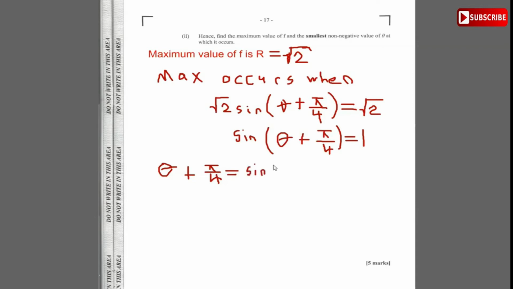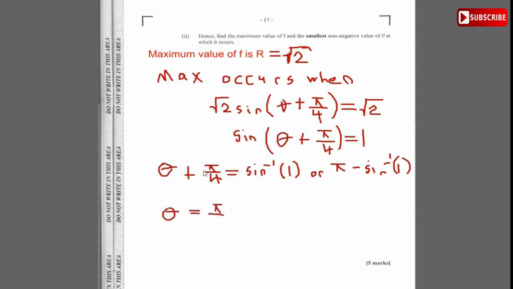And when you take sine inverse of 1, remember it's going to be in 2 quadrants. So it's equal to sine inverse of 1 or pi minus sine inverse of 1, because sine is positive in 2 quadrants. All right, so we know that sine inverse of 1 is pi by 2. So we get that theta is equal to pi by 2